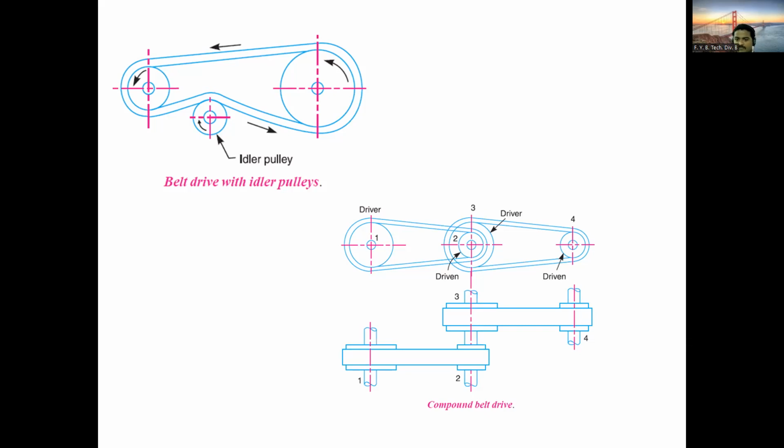Okay, now please put the heading compound belt drive and draw this arrangement. Driver number 1, then driven second. बघा एकाच शाफ्ट वरती दोन पुली माउंट केलेत